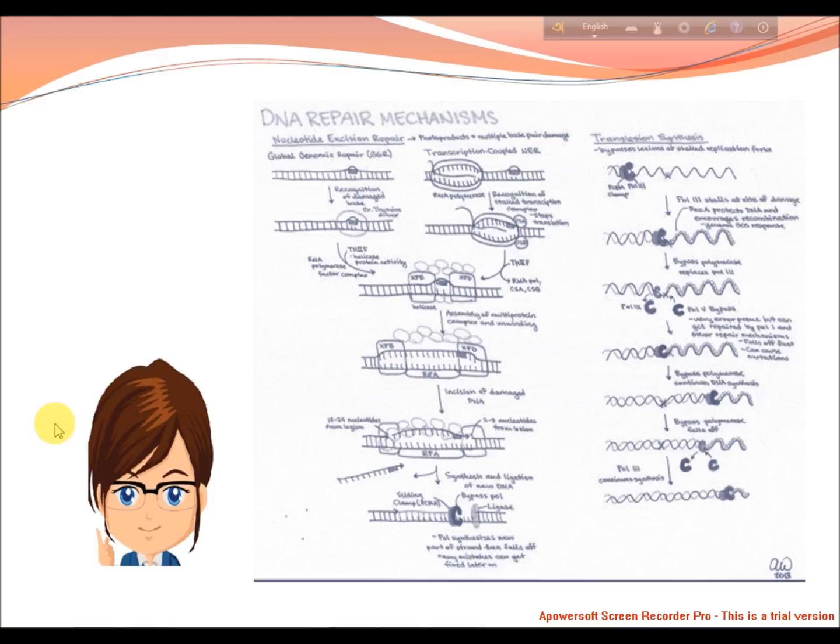So, when a lesion is encountered, the replication fork will stall. PCNA will switch from a processive polymerase to a TLS polymerase such as Pol iota to fix the lesion. Then PCNA may switch to Pol zeta to extend the mismatch, and last, PCNA will switch to the processive polymerase to continue replication.